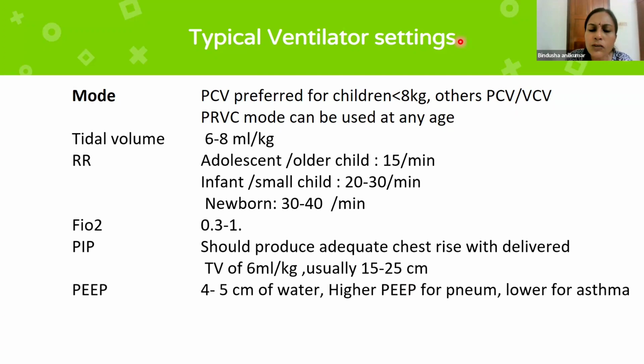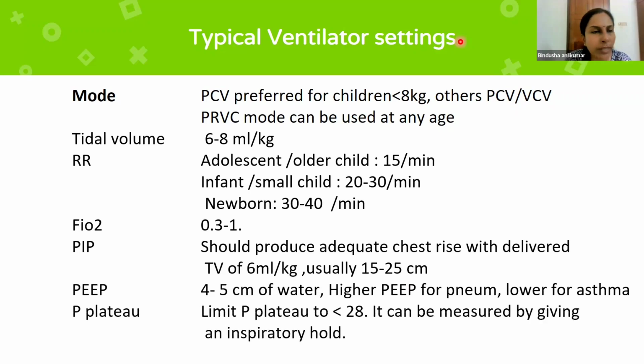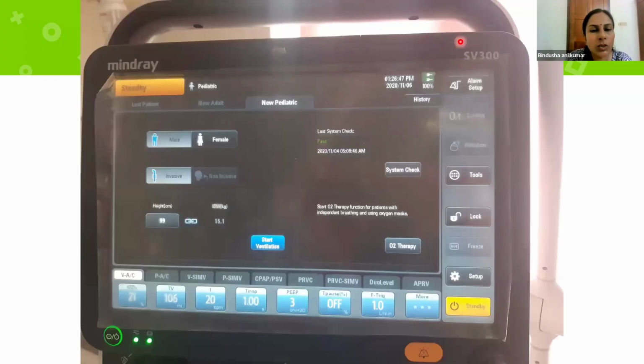PEEP is around 4 to 5 centimeters of water. We may keep a higher PEEP in case of pneumonia, and lower PEEP may be kept in case of asthma. Usually limit the plateau pressure to less than 28. Okay. So this is what you see when you switch on the ventilator, the initial